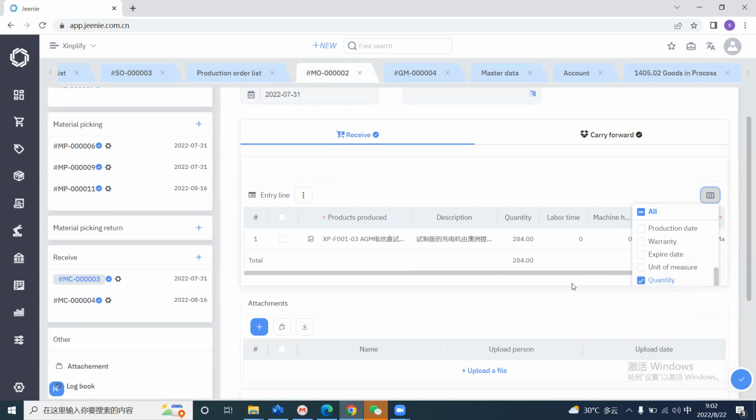Okay. So here you can see you receive the finished product, XPF00103. Quantities 284. Here you can also record the labor time, labor hour and machine hour. Seems you didn't record that. If you record the labor hour and machine hour, the system will calculate later the labor costs and the manufacturing overhead